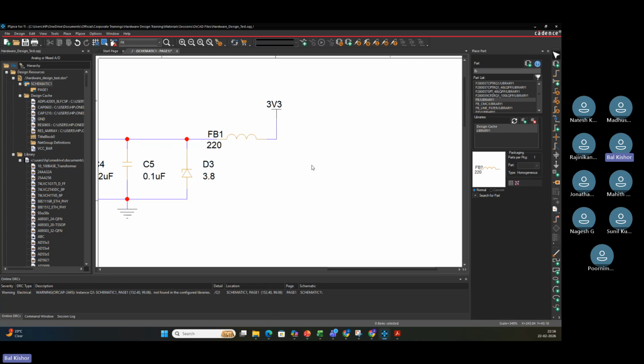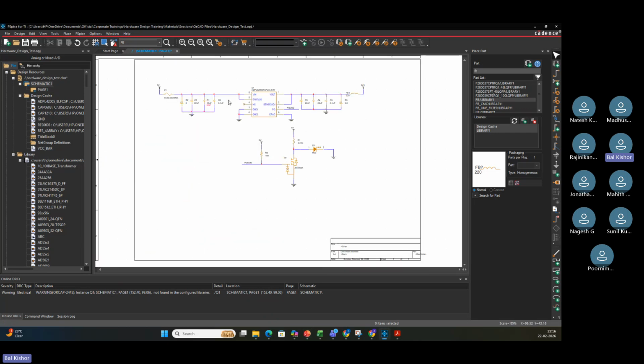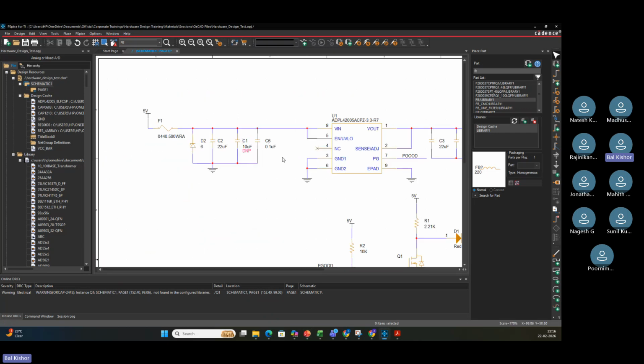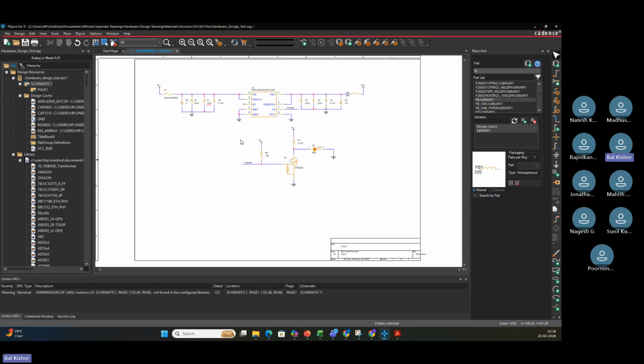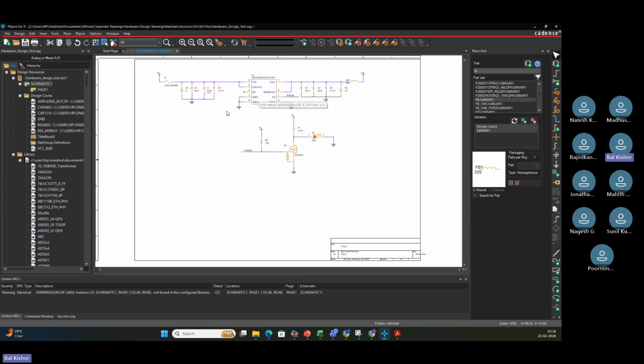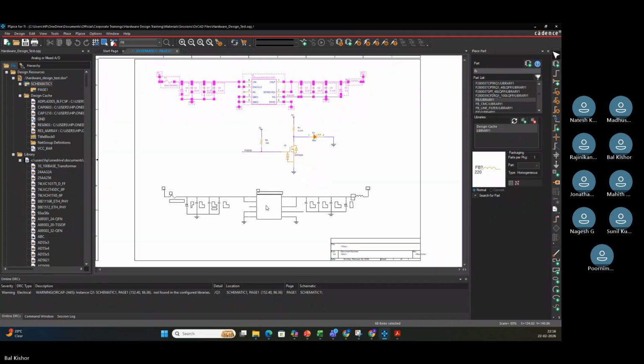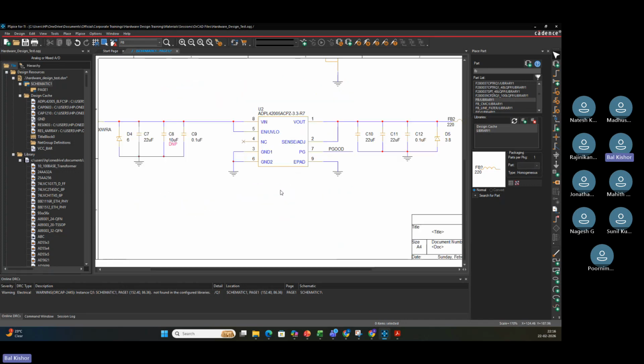So this was all about the complete circuit design of this particular regulator that I wanted to teach you. And if you guys want the adjustable version, let us say I don't want to use power good and I want to utilize the adjustable version, I'll have to put a